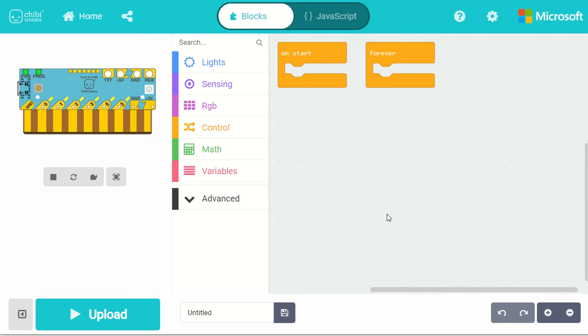So I will be generating the coding. Once we have generated the coding on the make code platform of Microsoft, then we people are going to upload it, and then you can go ahead and you can upload it on your Chibi chip. Okay, so people, so let's proceed ahead with that.